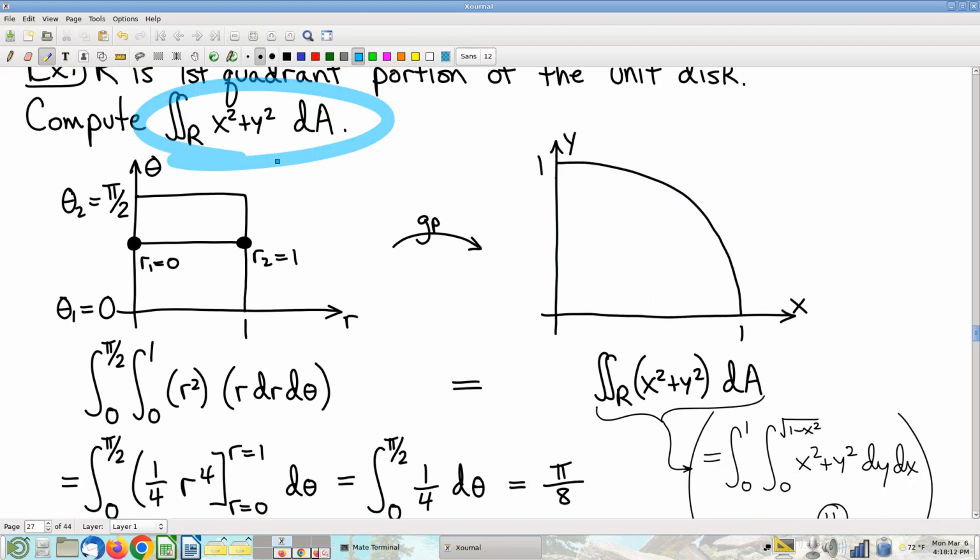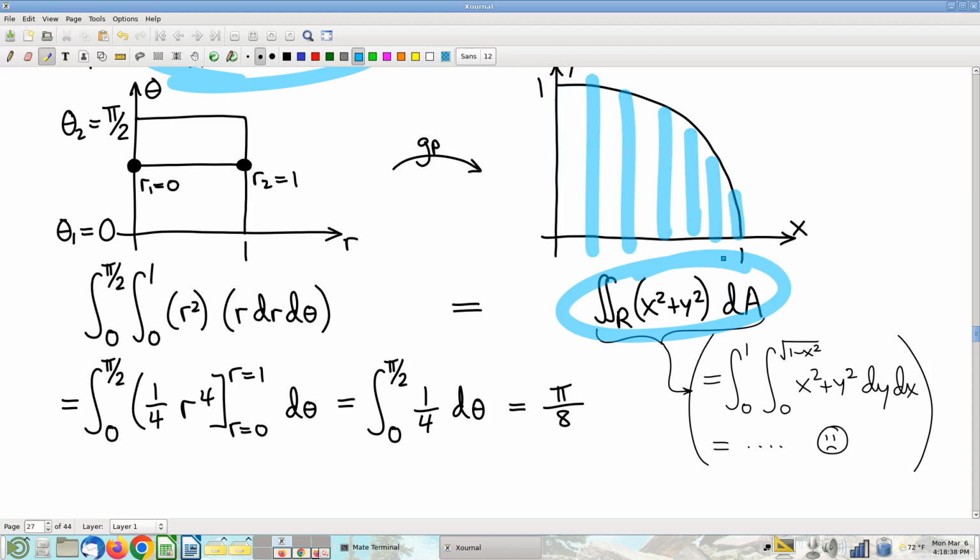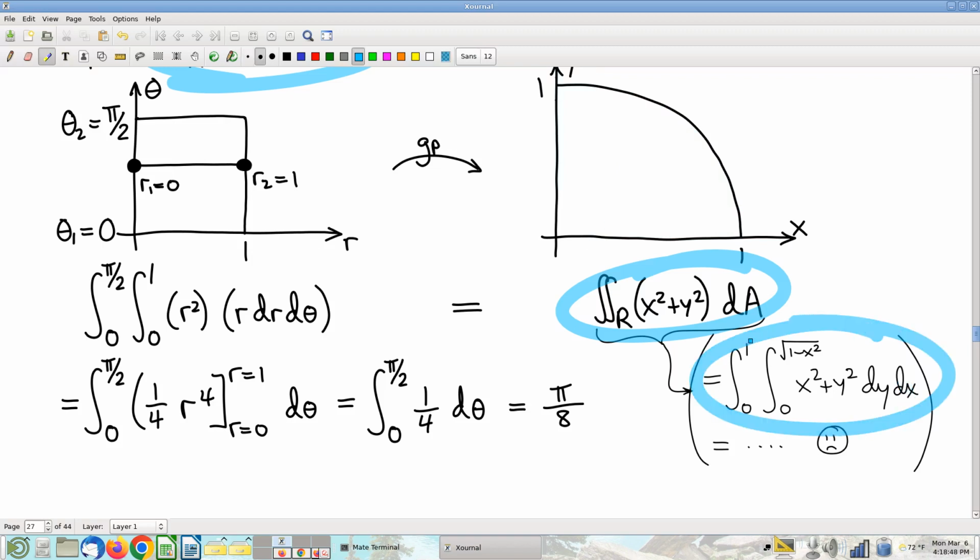X squared plus y squared. And by the way, this little bit of notes down here, I just added at lunchtime today. So if you haven't very recently downloaded the notes, then you won't see this. I did upload them though to the Sakai site, so you can download at your convenience, and I encourage you to do so. All it is is an observation that this integral, if you slice dy dx, namely dx on the outside, and check your bounds and blah, blah, blah, y is a function of x, etc., what you will find is that this integral turns into this, and this is